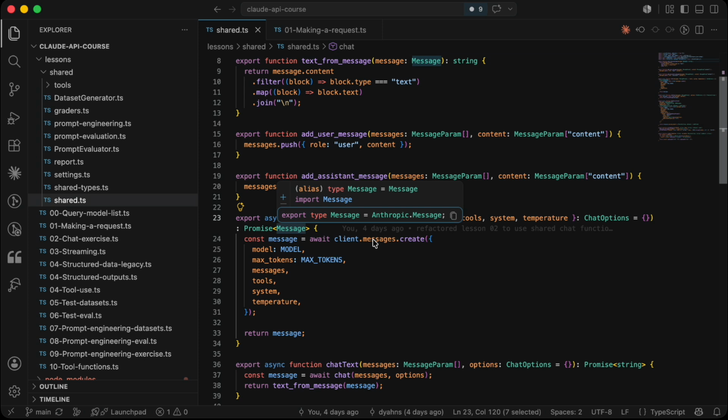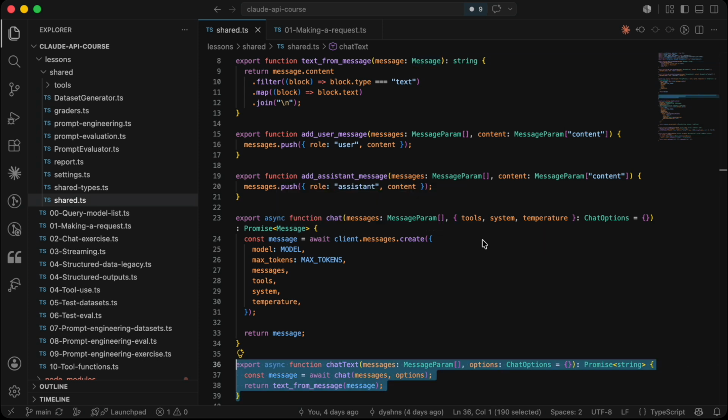The call returns the full response object of type Message defined in the SDK, which on top of the message content also contains other details like stop reason or usage statistics. The chatText function abstracts that complexity and just returns the model's response as a string, since early in the course this is all we need.